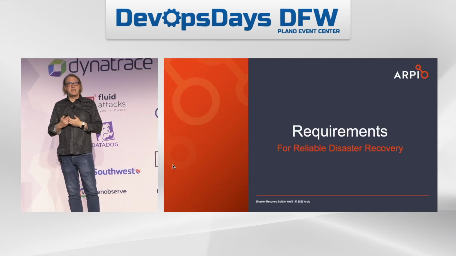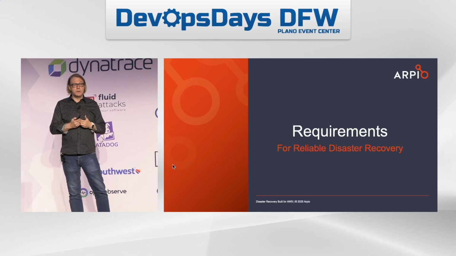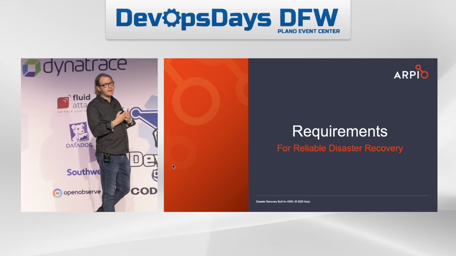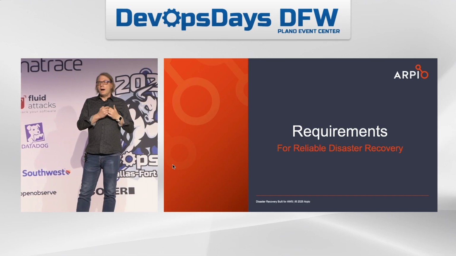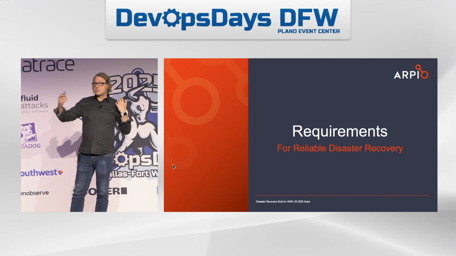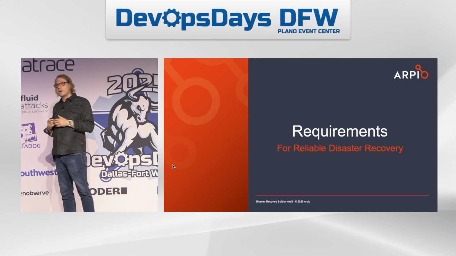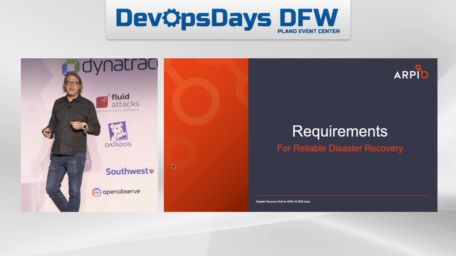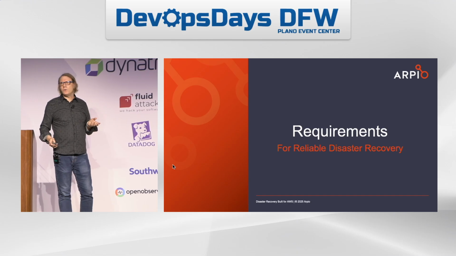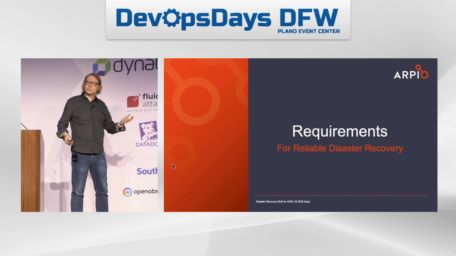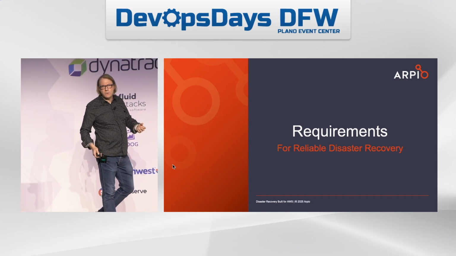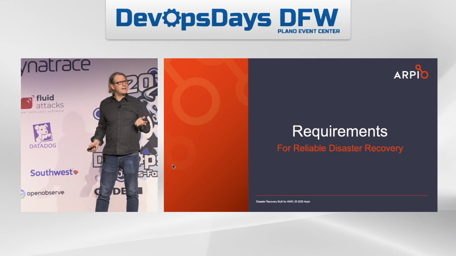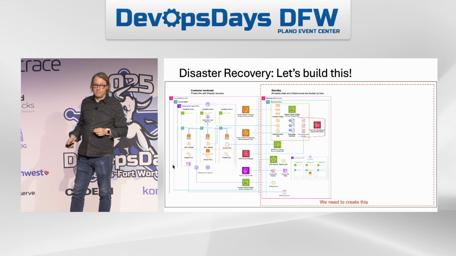Disaster recovery is what's going to keep you running in the case of these large scope events. Disaster recovery is about protecting you against the large scope events that are rare, but have such a scope that they often require you to recover at an alternate site. You can't recover in place. It's not like high availability where you just replace a server or go to a different availability zone. Disaster recovery means you're going to come up in a different site. So towards that end, let's talk about some of the requirements.